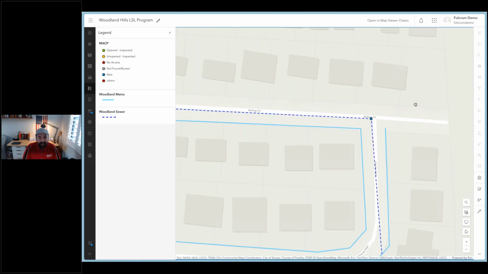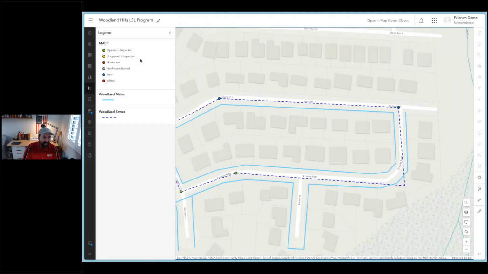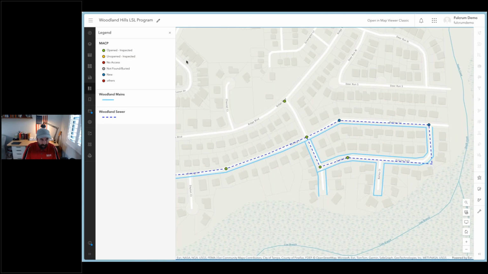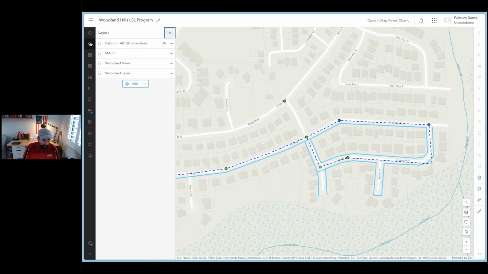I can't click on it, but I think it might be because it's underneath something else. But you can look at the data as it's changing over time here in ArcGIS, and it's as easy as this. So if I go to layers and I hit add layer from URL,